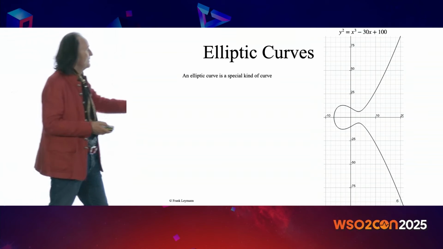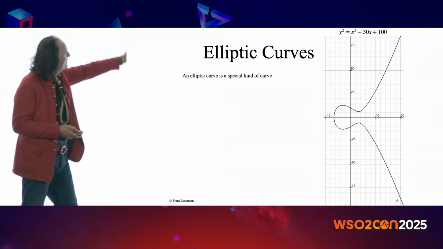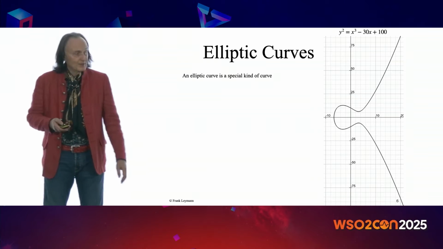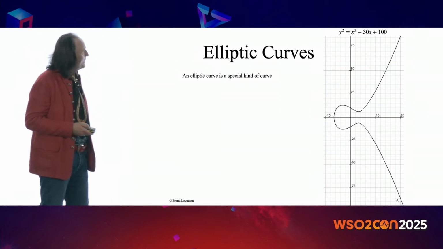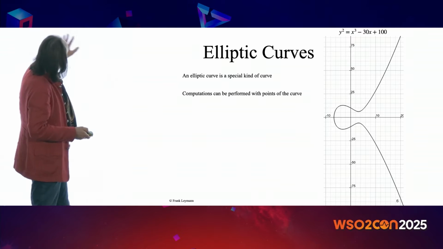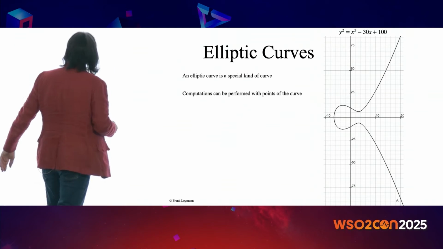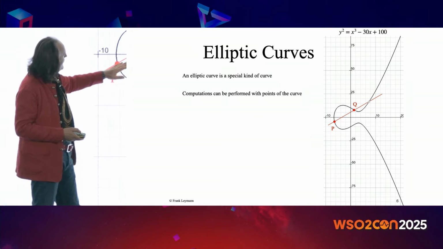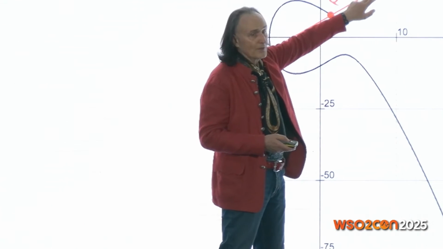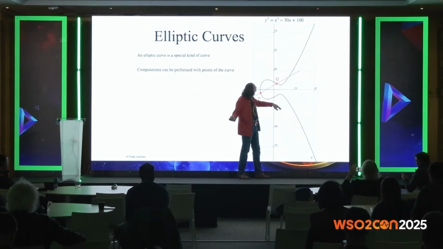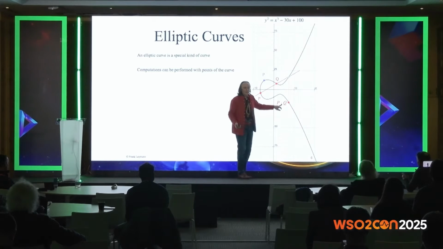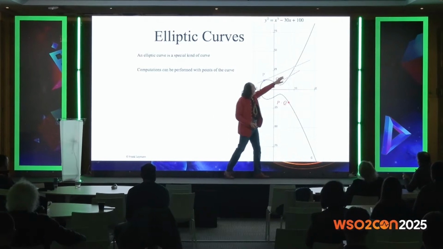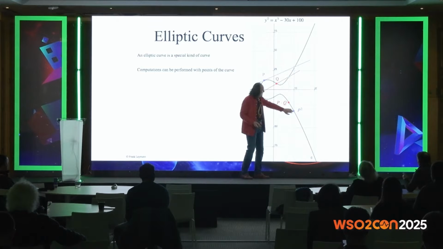An elliptic curve has this kind of shape, and you see above the equation of this shape. And why is an elliptic curve something that can do encryption? Very simple, because you can perform computation on this elliptic curve, right? So what you can do is, for example, if you have 2 points and you want to multiply them, you take a line through the points, it cuts the curve here, then you mirror it on the x-axis, and then you get the product, p times q. And if you want to square a point p, you take the tangent, right? The tangent intersects the curve, you mirror it again, then you get p squared.